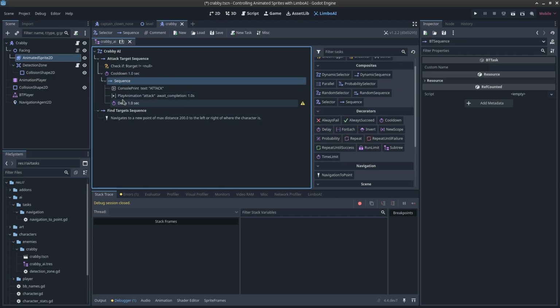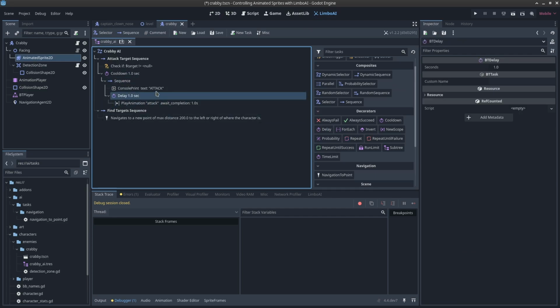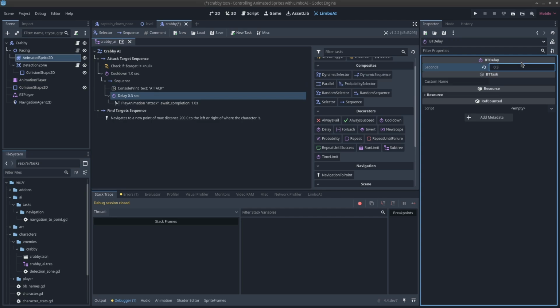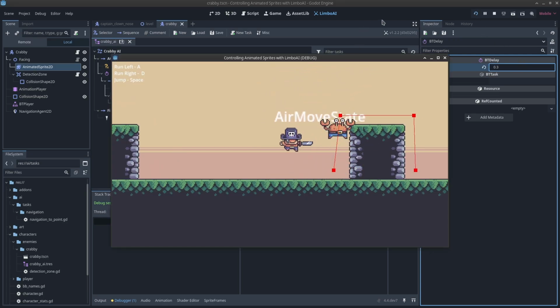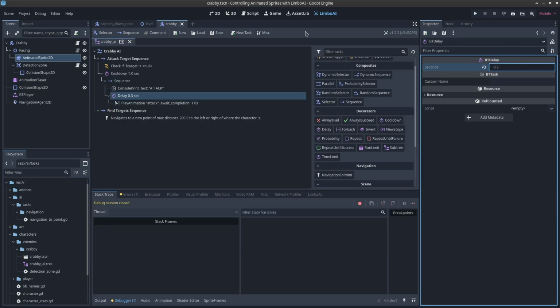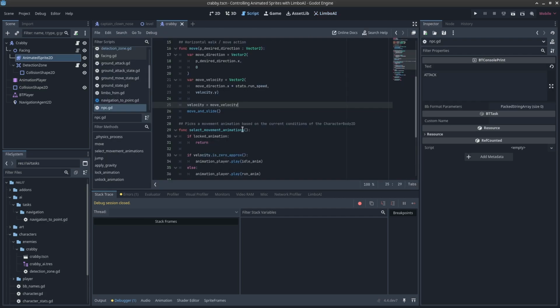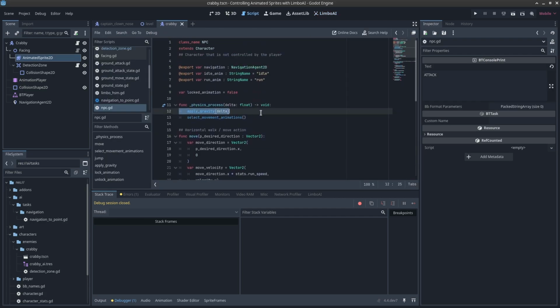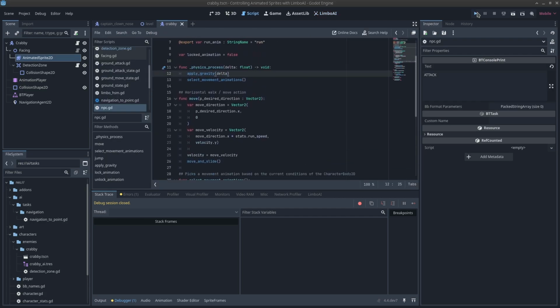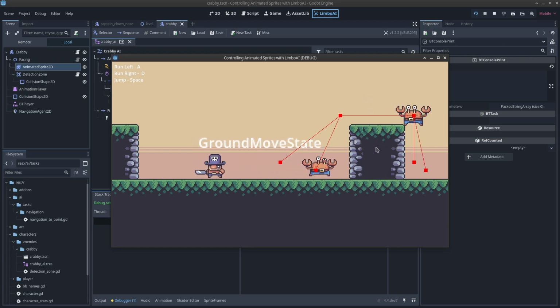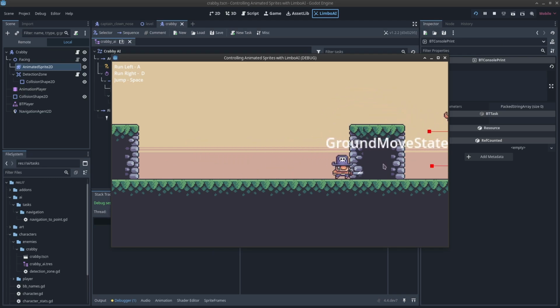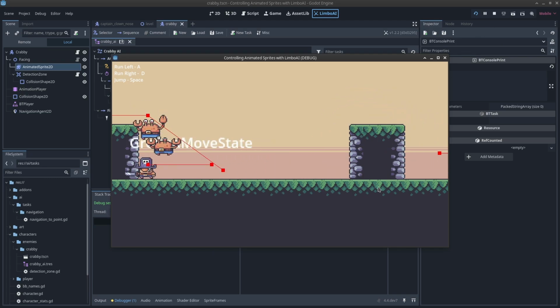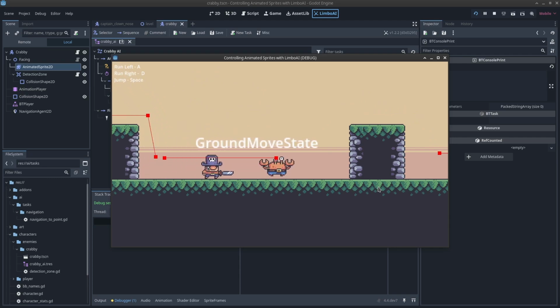So we delay some time before we go into this attack. Let's just say a 0.3 second delay. But we do still want it to use gravity during that time, right? Let me see, is it still applying gravity during physics process? Yeah, it should be. So that's probably good for a basic setup. Obviously, there are some tweaks to be made here and there, but I think this is a decent working